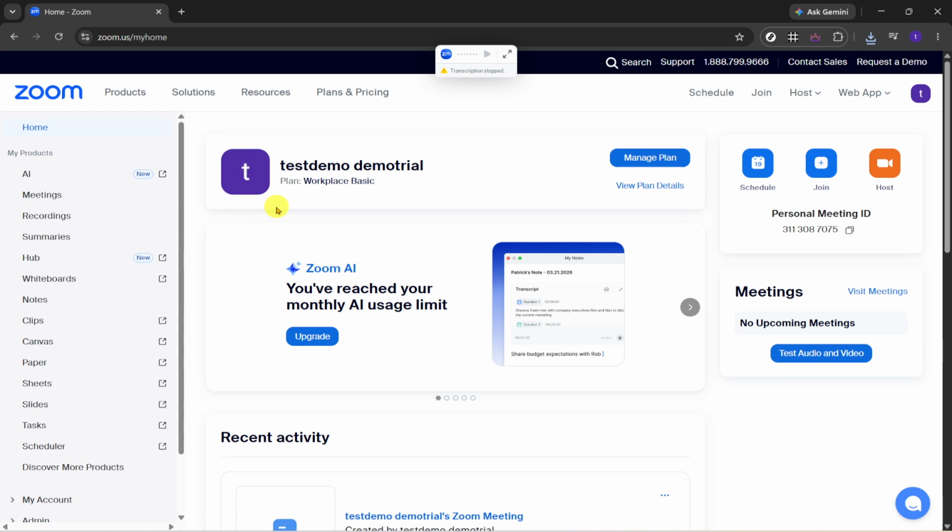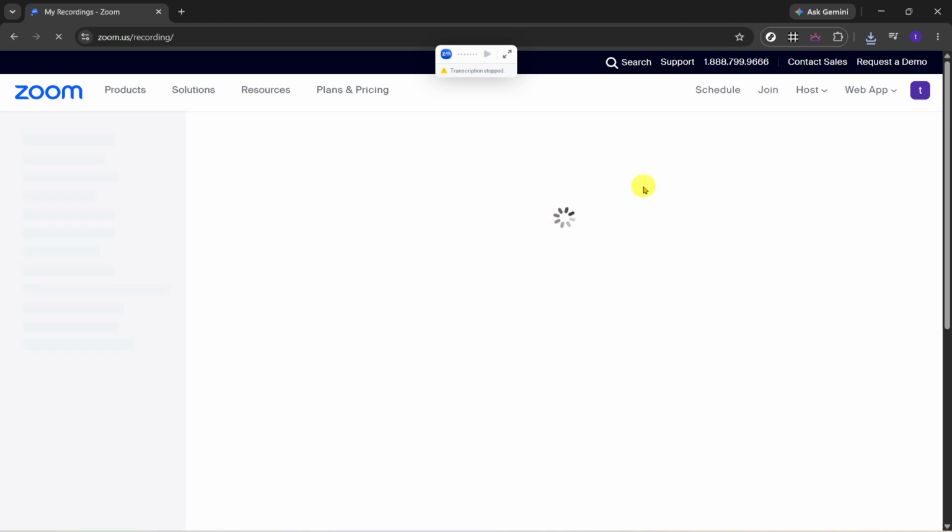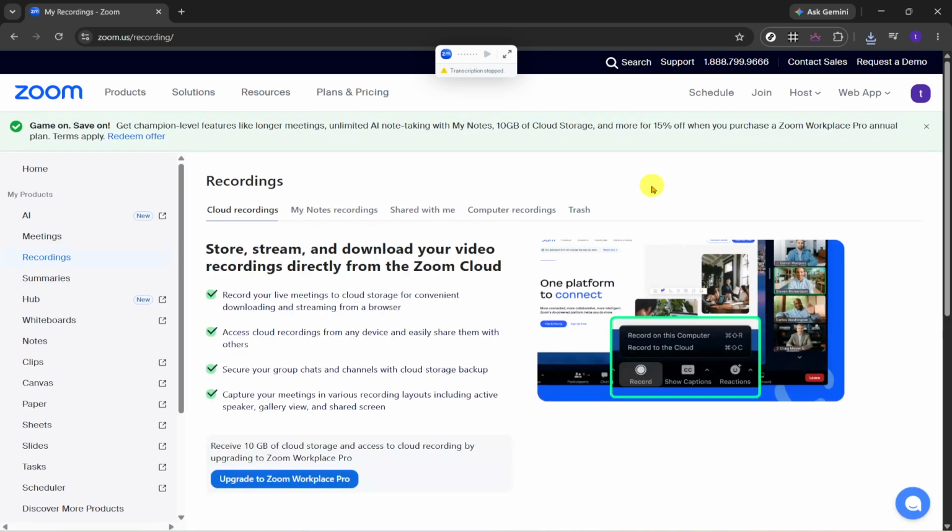Once you are on the home screen, take a moment to make sure the page has fully loaded before moving on. Next, look to the left-hand navigation menu and click on Recordings. This section is where Zoom stores and organizes recordings connected to your account. Depending on your setup, you may see different recording categories, so it helps to pay close attention to the labels